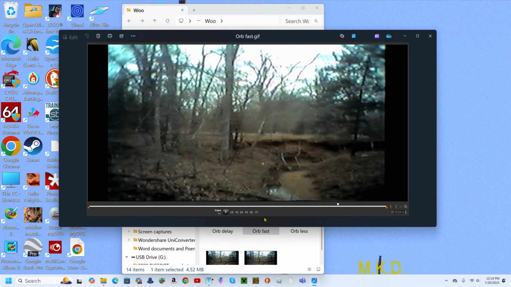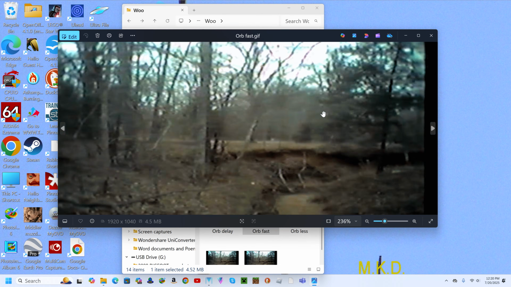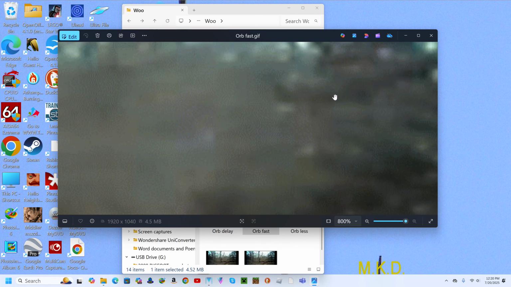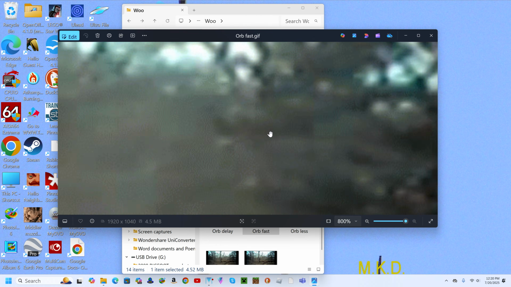Here, the orb fast. That's oscillating back and forth so that it flashes rapidly. You get a better look.